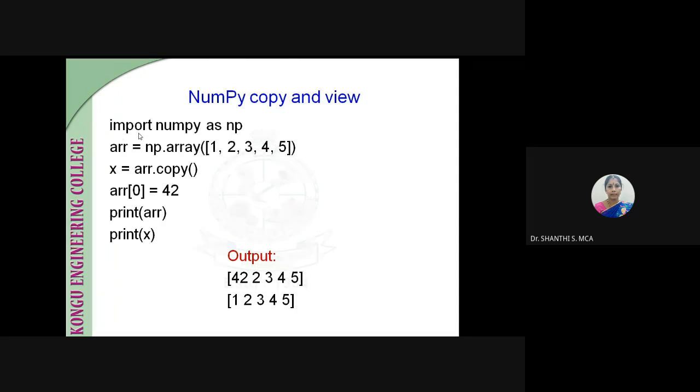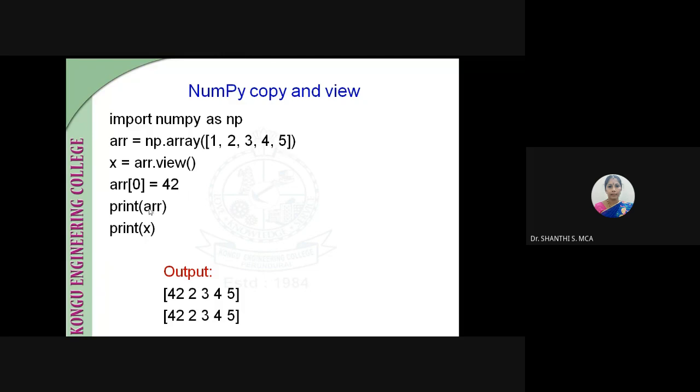So this is array. Here we are creating one more copy X. Then in the existing array we are changing the value of the 0th element. Then you are printing both the elements. So whatever changes you have made in array will not be reflected in X. That is called as copy. So this is X, this is your array. Then if it is copy, the same thing.